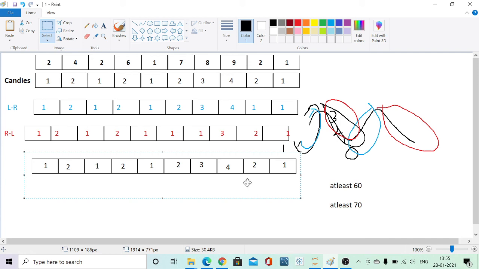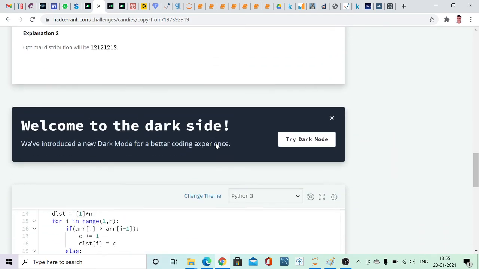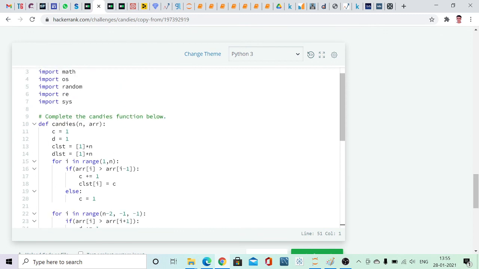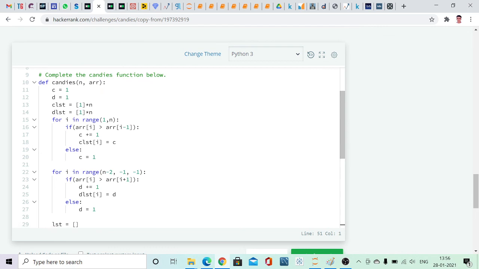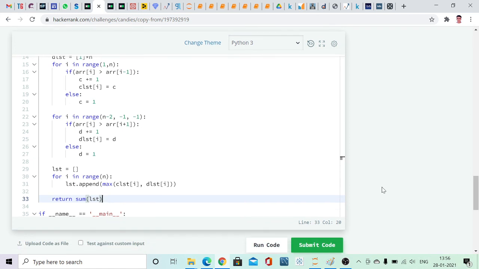Now let's come to the coding part. So we have got these two lists and we can initialize them as 1 and 1, and this first loop runs from left to right and the second loop runs from right to left, and in this list we can take the maximum of the two lists at each index, and at the end we can return the sum of that list. If we run the code